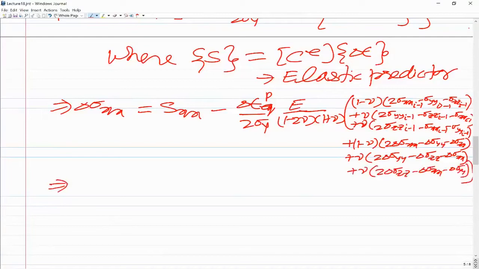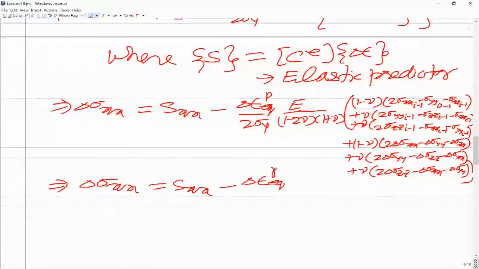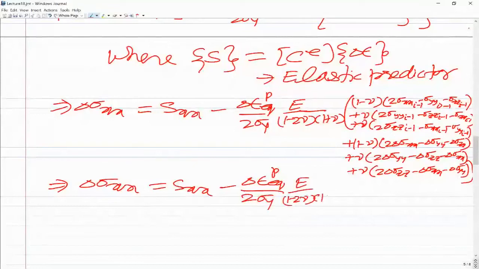So now collect the terms. What you will be able to do is write this as delta sigma xx is equal to sxx minus delta epsilon equivalent p divided by twice of sigma y, and then of course we have E upon 1 minus 2 nu into 1 plus nu. You can club all the terms together. So you can write this as 1 minus 2 nu into twice of sigma xx at i minus 1 minus sigma yy at i minus 1